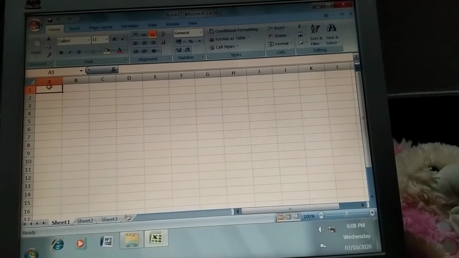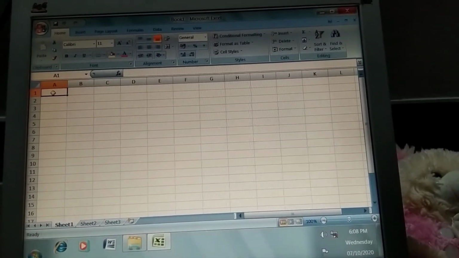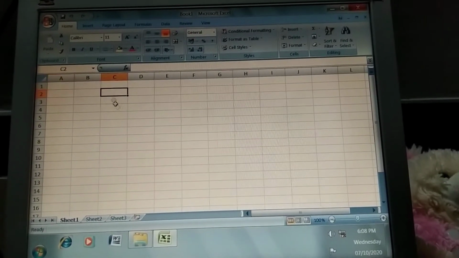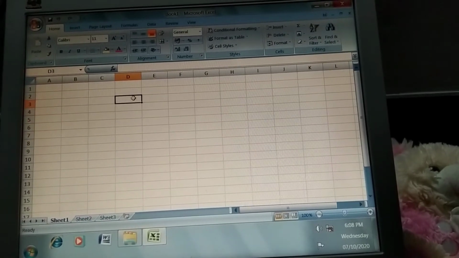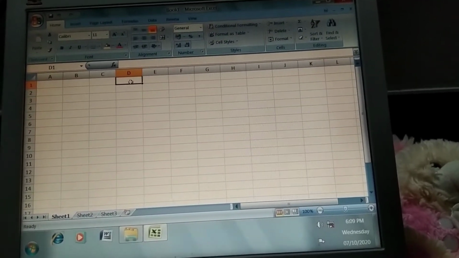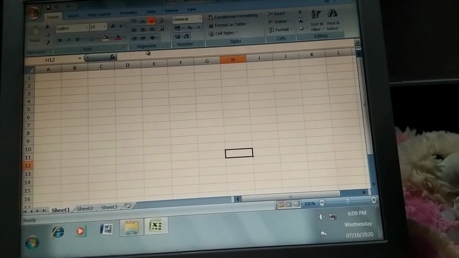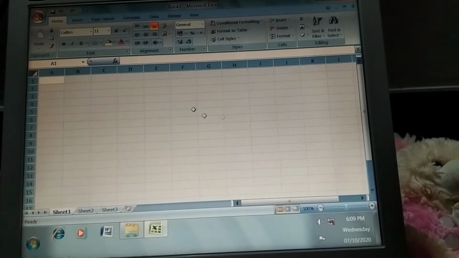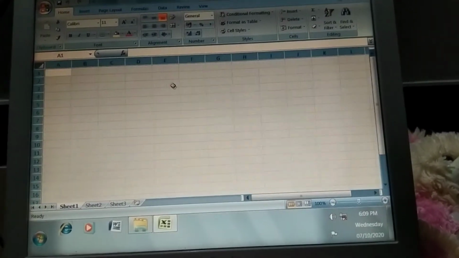By default here one cell is selected, that is called the active cell. These all are cells. When you single click anywhere, this is called a single cell, and a collection of cells is called a worksheet. From this point we can select the whole worksheet.